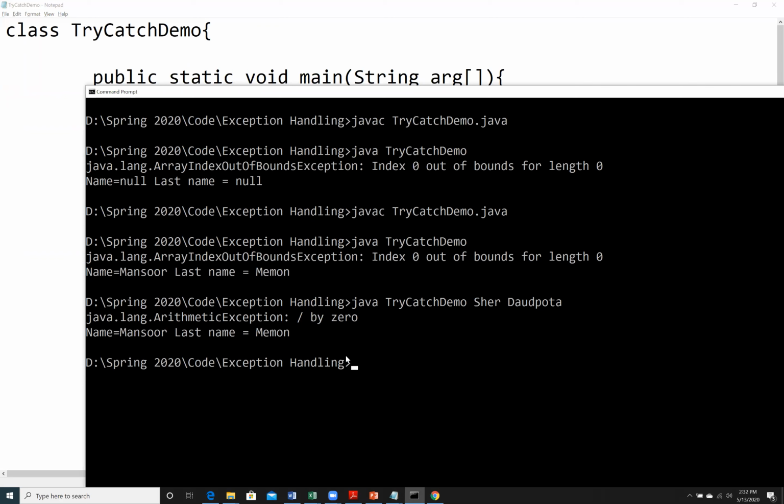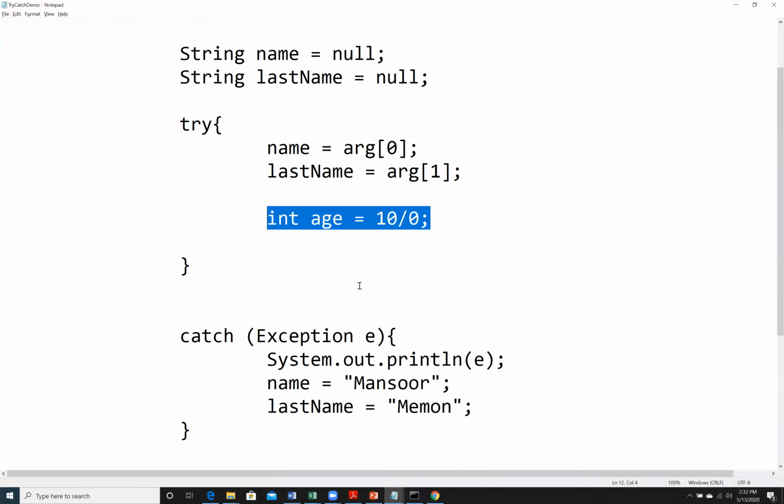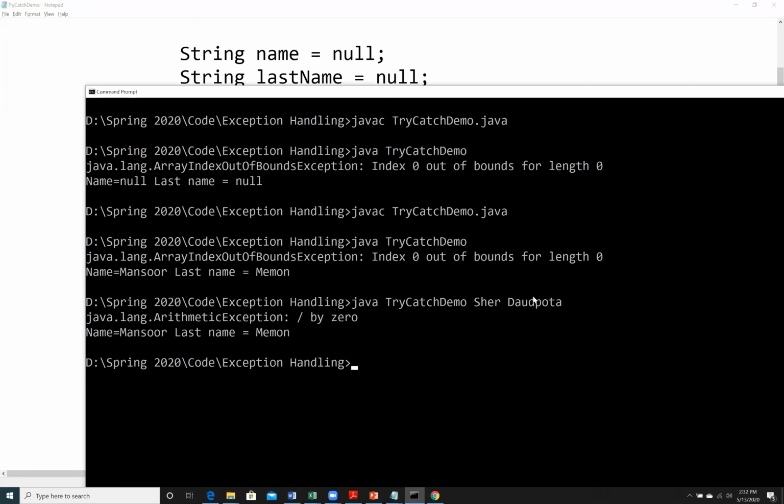right? Okay, so the advantage of catching exceptions by using the Exception class is obviously you just need one catch block, but the disadvantage you have already seen. Now we cannot act differently, right? Here we said if it is an arithmetic exception, then we should not update name and last name, because if we update name and last name, then the user provided us name, but those are overwritten.